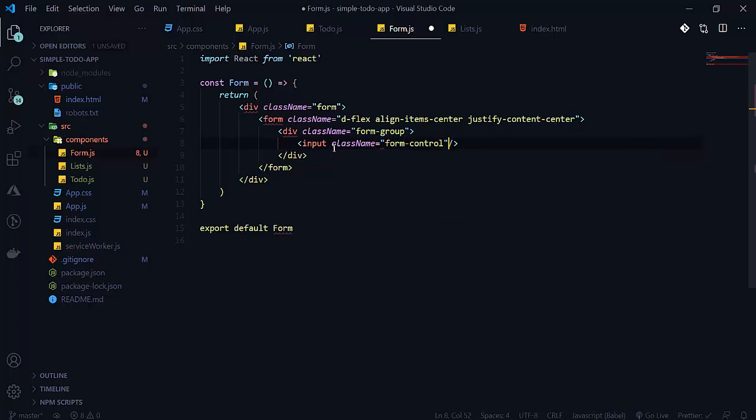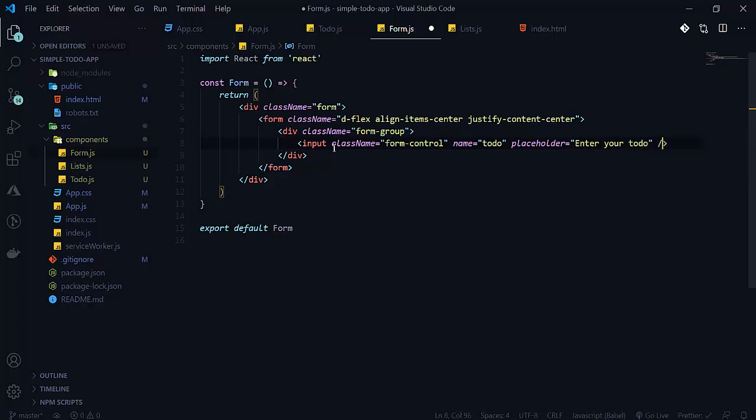After that form control there will be our name. The name will be to do, and then placeholder. The placeholder we will write here: enter your to do.